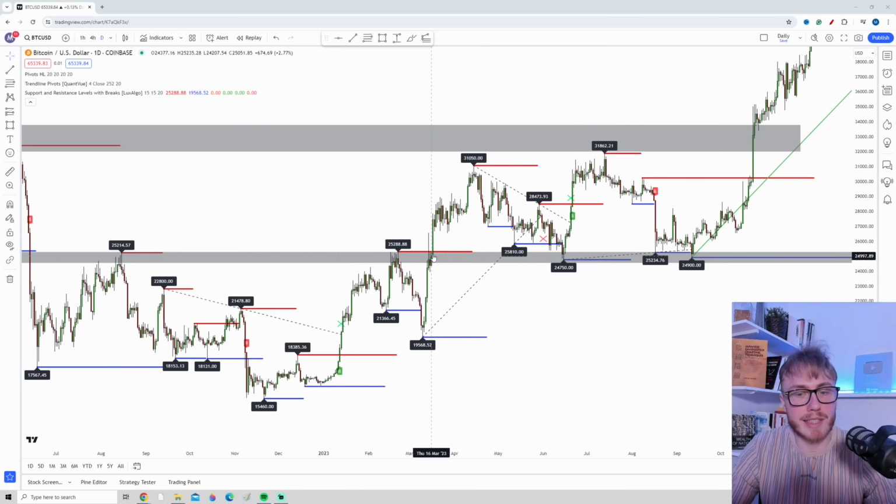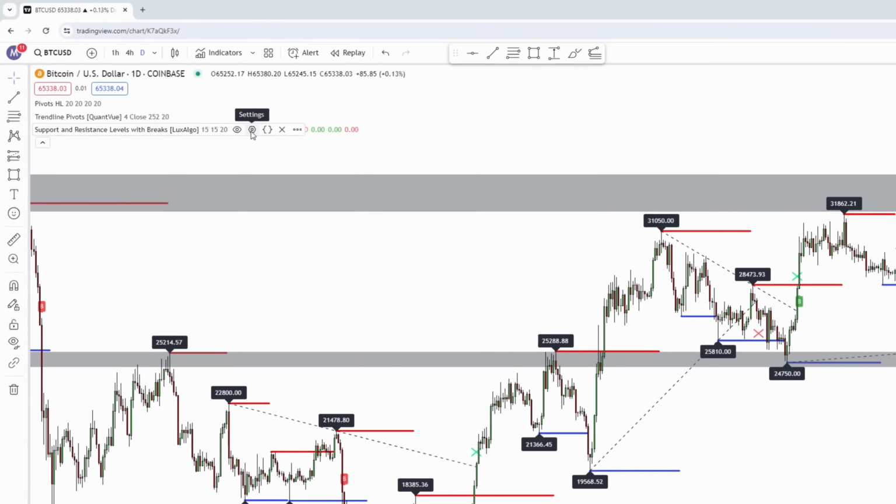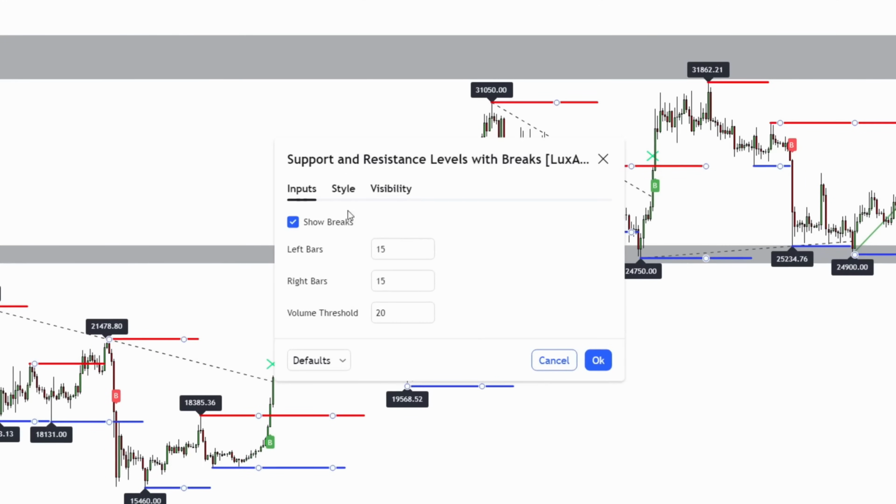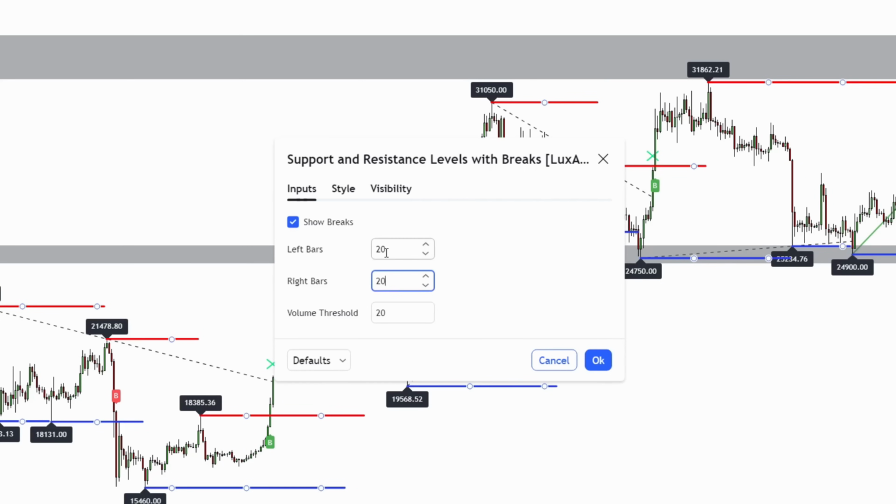But once again, with this indicator, we do want to change a few settings. So we want to head up here and press on the cogwheel, the settings tab. And here on the inputs, you can see that we now have something called left bars and right bars. This is a bit complicated. I don't know why they don't call it pivot points, but this is basically pivot points. So remember, for our two earlier indicators, we used 20 as our length for our pivot points. So once again, we want to change the settings here and make sure that we have 20 for left and